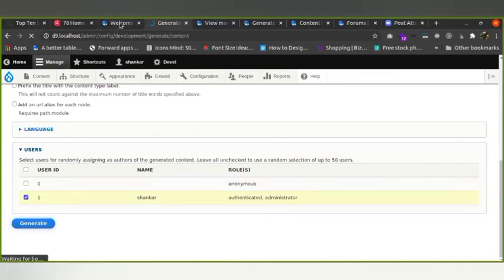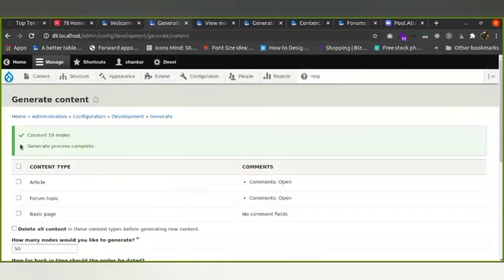Let's wait for 5 minutes. It's generated automatically. No need to create manually and fill out all the articles and page content. So once you generate the content, let's see what magic comes in the front end part. Yeah, it's over.